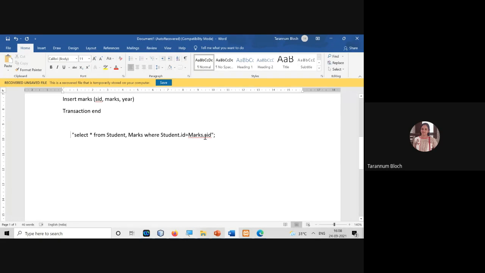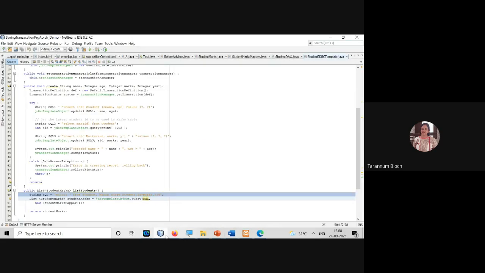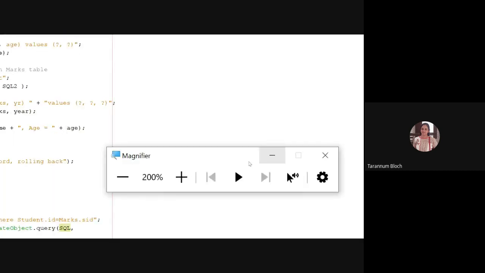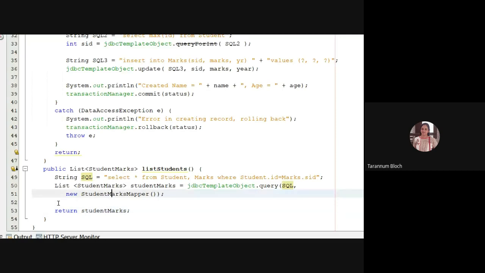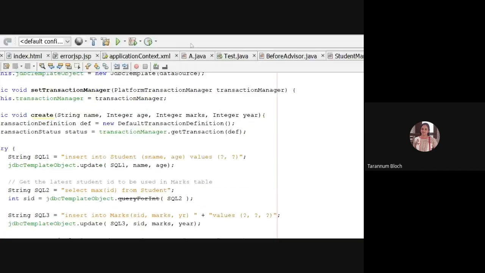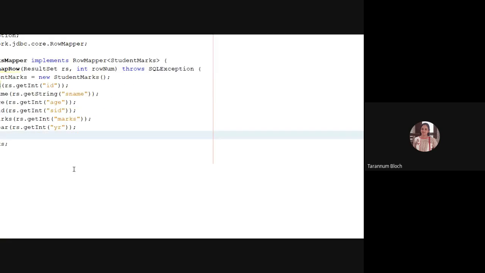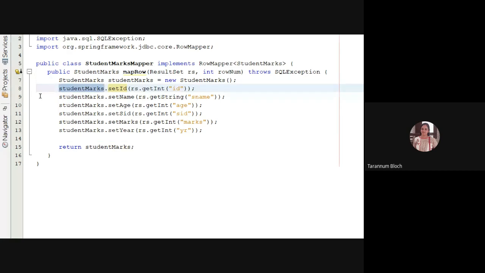As we have common values, where both the IDs are same, we will get the things in the output. And finally we said return those, and the student mapper class will use those setter methods, and it will set the data variables inside the student marks POJO class with the help of setter methods.